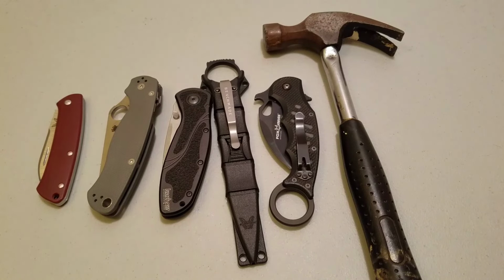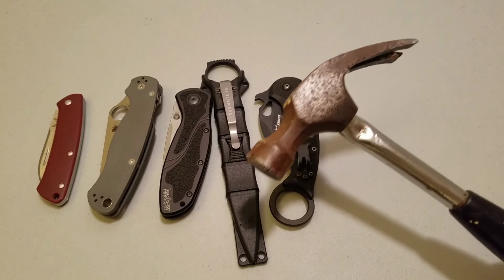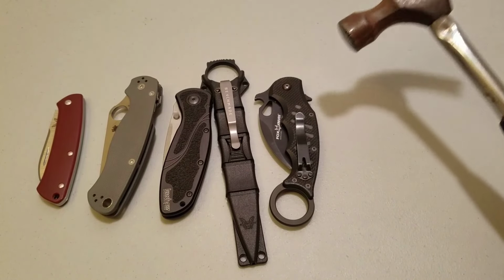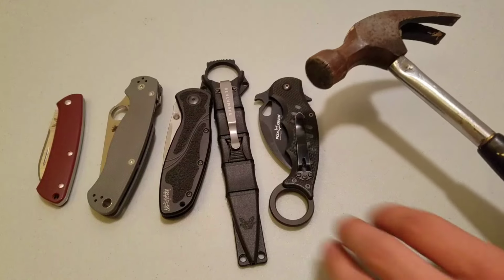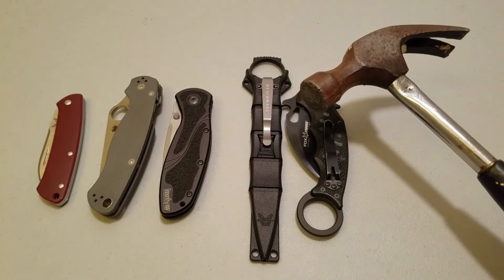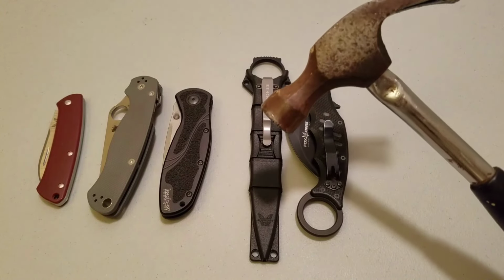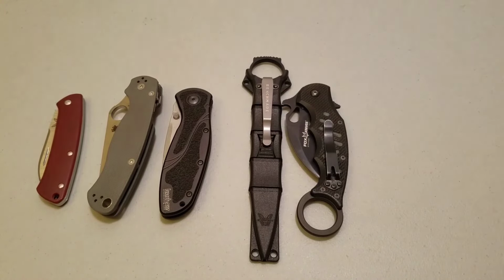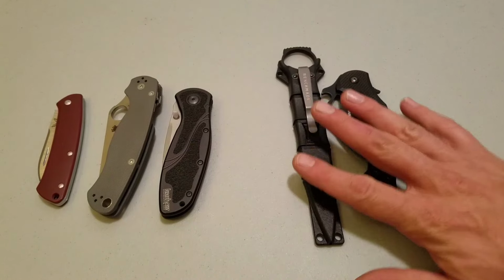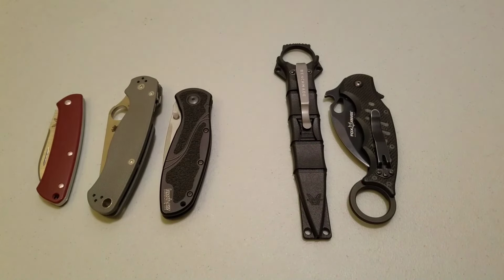Which one of these things doesn't belong? I want to just talk about this thought process that I keep hearing, and there's two sides of it. You hear that knives aren't weapons. They're tools, and they can be used as weapons, much like this hammer here, which can be used as a blunt impact weapon pretty easily. Pretty efficient one. And then there's the other side of it that says that knives are weapons that can be used as tools. The first one is definitely more common, but I don't think either are quite accurate because